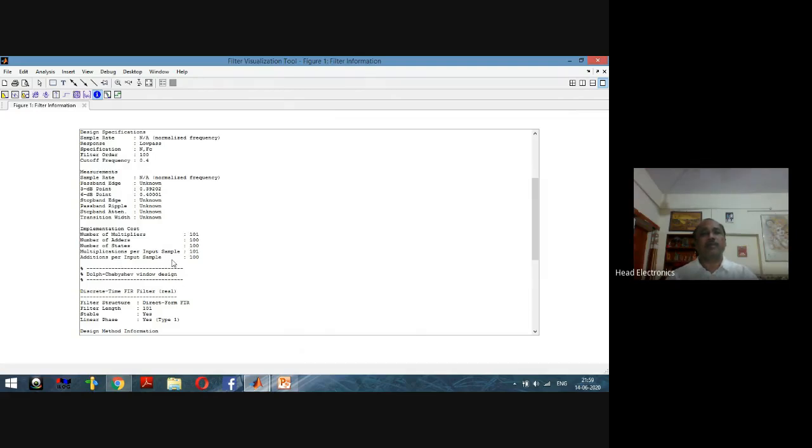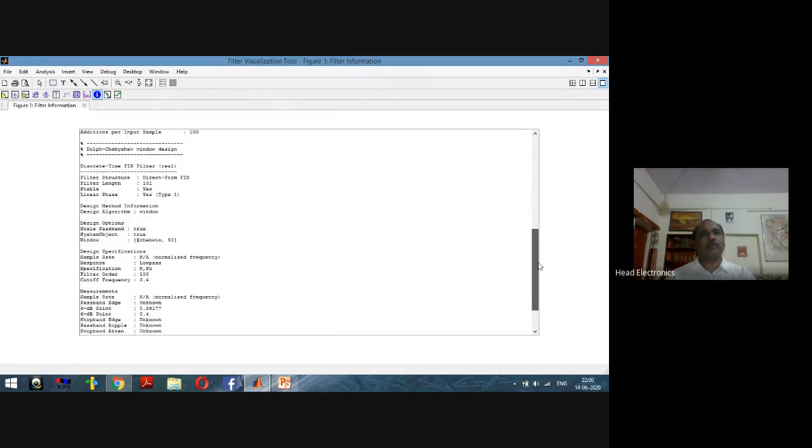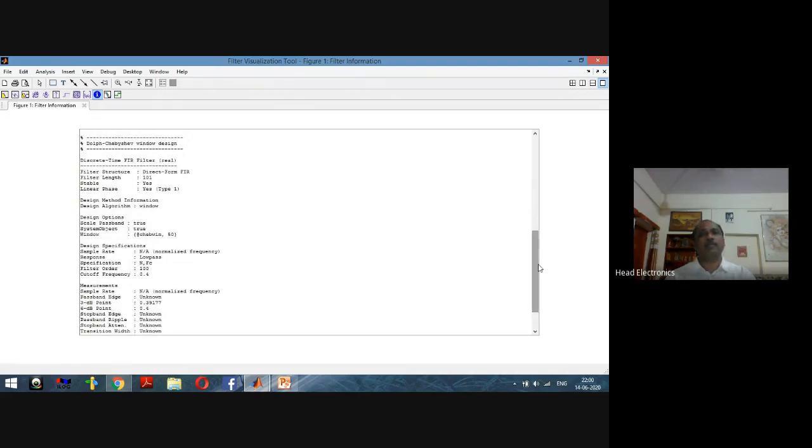Now we can analyze what is the complexity or what is the implementation cost of the designed filter when we are using the Hamming window. It depends upon the number of multipliers, adders, and number of states that are used here. That is the energy storing states, and the multiplications per input sample that are required, additions per input sample that are required here. And after this analysis, now we can move to the other algorithm, that is the Dolph-Chebyshev window algorithm. Again here we have used this algorithm in order to design the same filter having the